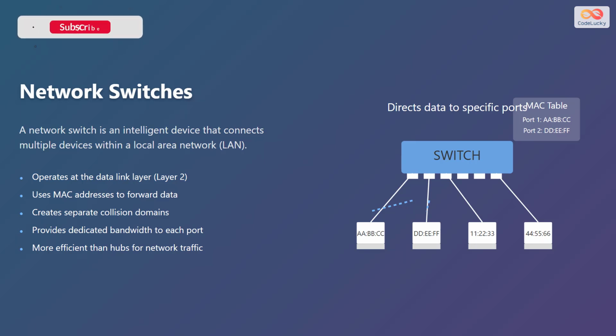Next, we'll discuss network switches. A network switch is an intelligent device that also connects multiple devices within a local area network. Unlike hubs, switches operate at the data link layer, which is layer 2 of the OSI model. They use MAC addresses, or media access control addresses, to forward data only to the intended recipient, significantly reducing network